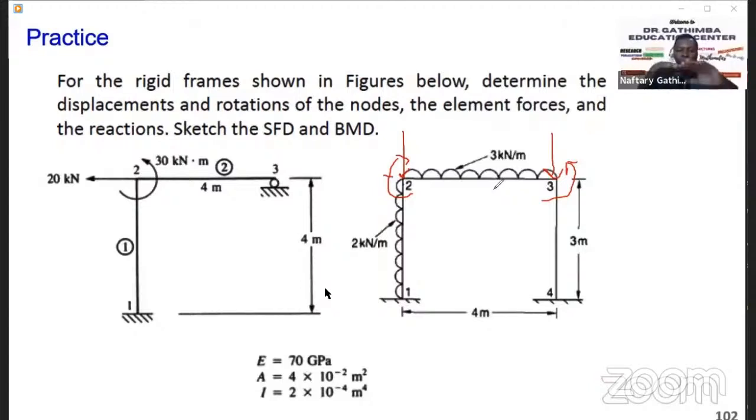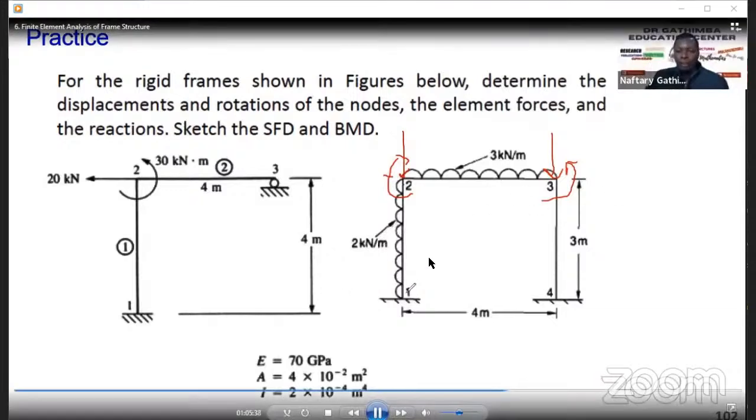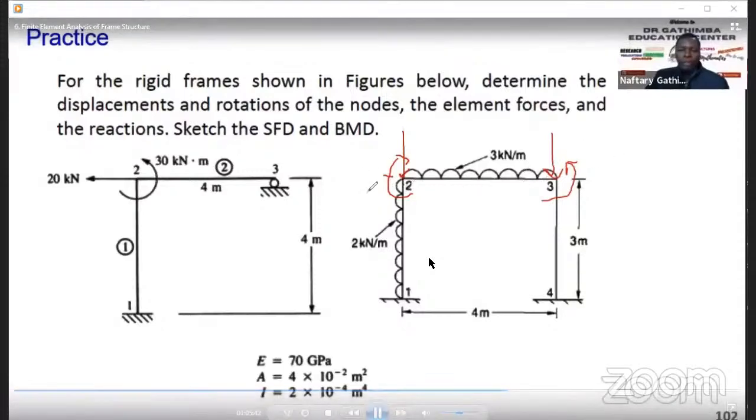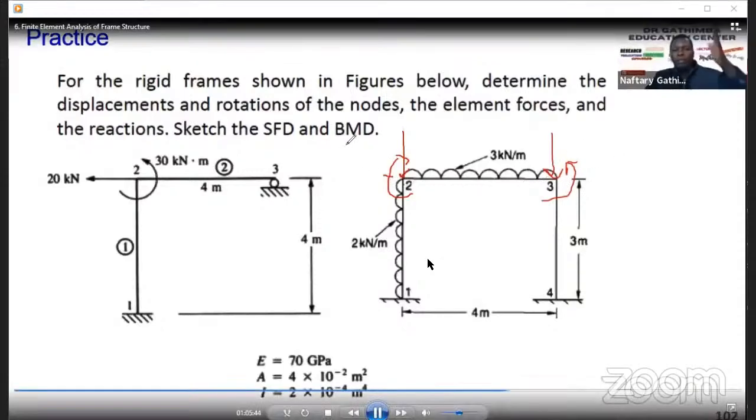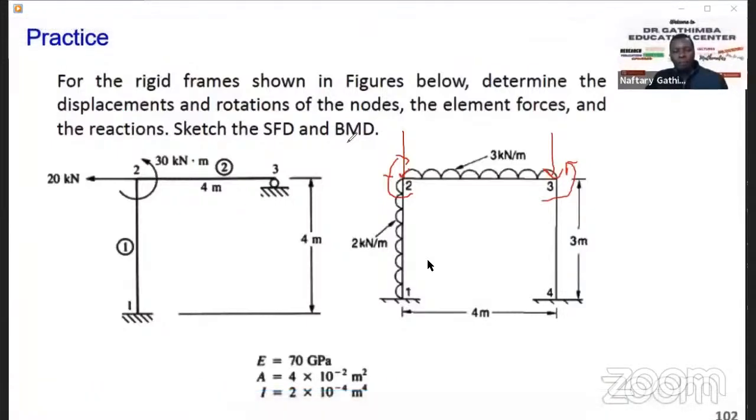You convert the UDL to nodal loads, because we said for the finite element analysis, loads are applied at the nodes, quantities are calculated at the node. The rest can be interpreted using the displacement or the interpolating function, the shape functions. So that's the only key thing about this. Once you get this, so you're going to get moment. So this moment now, it means the procedures that we have walked through in the previous slide, or in the previous example,